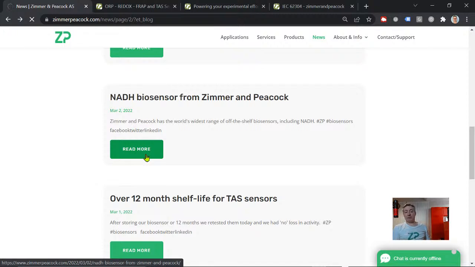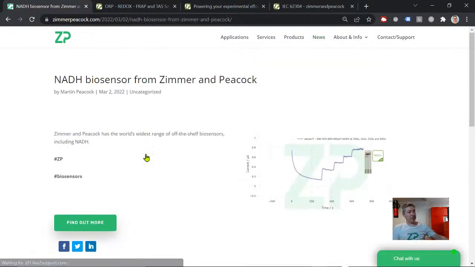We also have a sensor called an NADH sensor. At Zimmer Peacock, we started off by making screen printed electrodes. We then became biosensors, then developed electronics, and then developed apps. But as part of that biosensor journey, we've also developed a sensor for NADH. Many biosensors on the market often use oxidase enzymes. Oxidase reacts with your molecule of interest and oxygen, and one of the products is hydrogen peroxide, which gives ZP the opportunity to measure that hydrogen peroxide. Now, there's also another important group of enzymes called